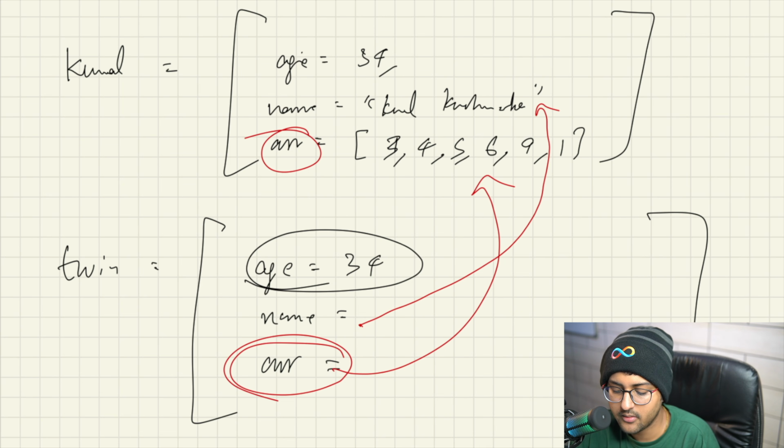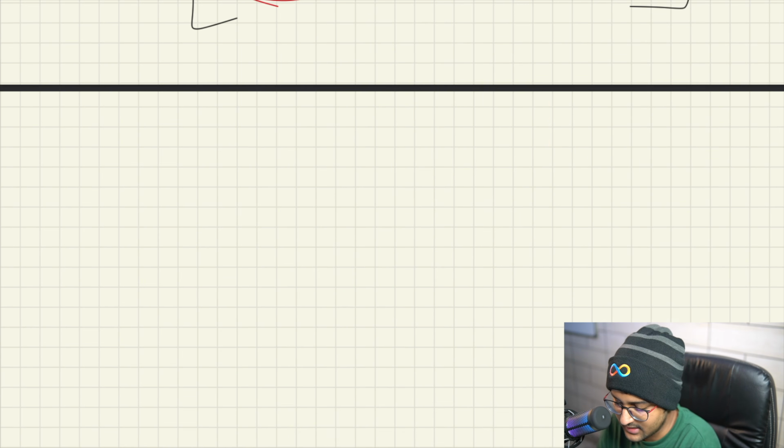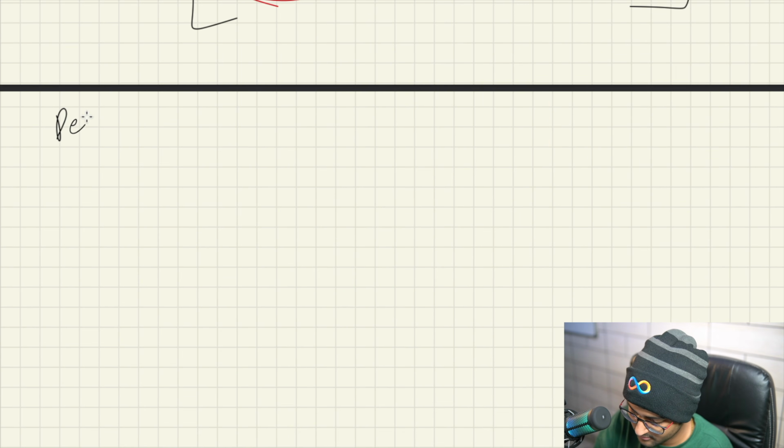So in order to solve this problem, we can do something known as deep copy. Deep copy basically means, if the object itself contains some other object, don't point to that only, actually create a copy of that object itself. Okay, so this is shallow copy. Deep means something like this. Deep copy.